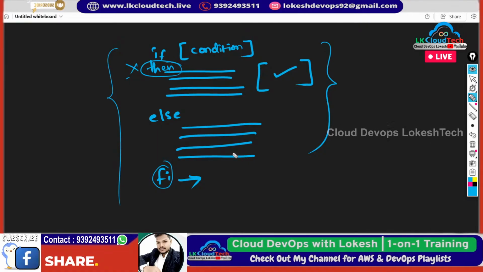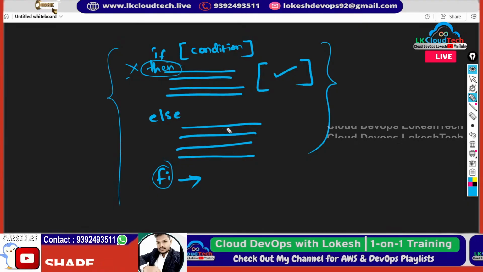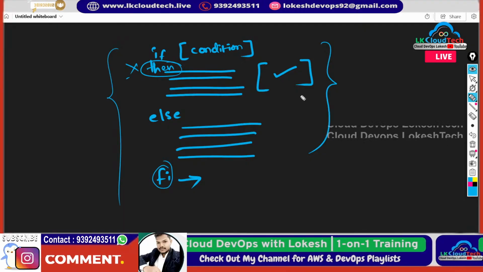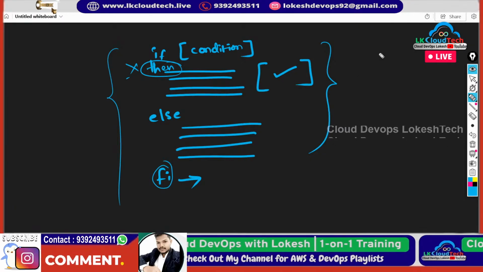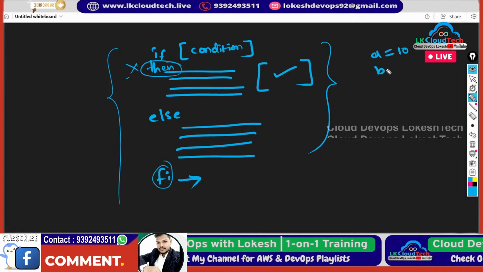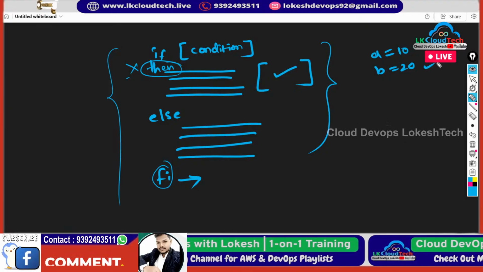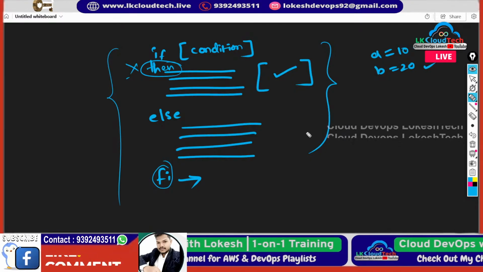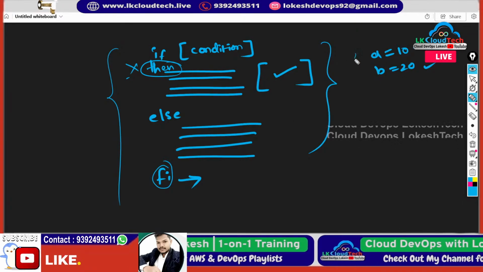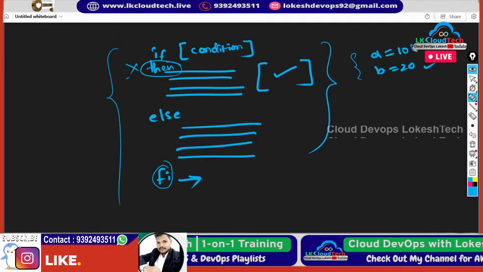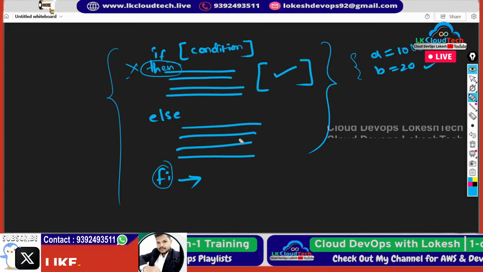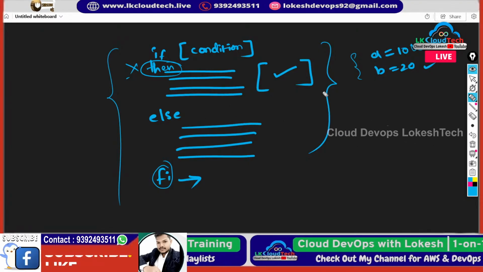Right, I'll give you an example. Take a equal to 10, b equal to 20. Two values are there. In this condition, I need to find which one is the bigger number. For suppose you don't know which one is bigger. Then how will you write? First you need to write